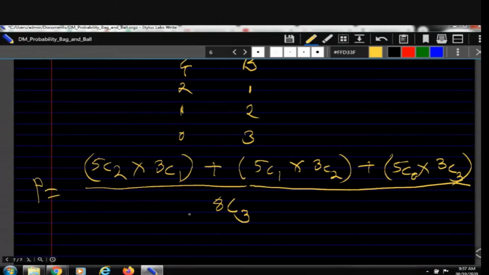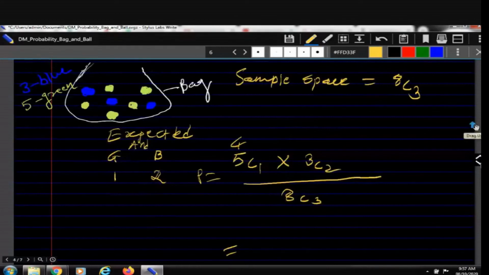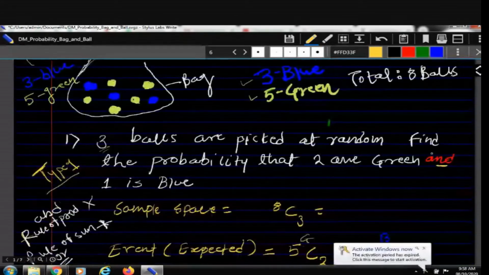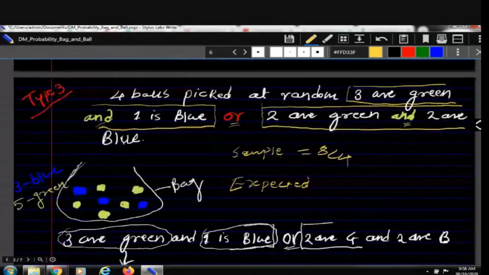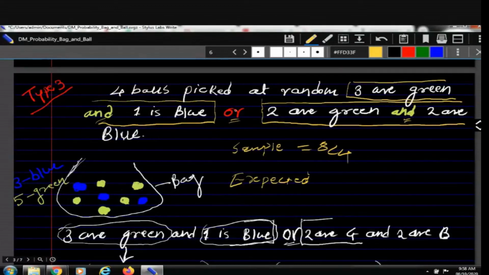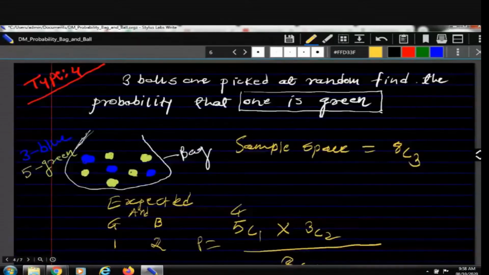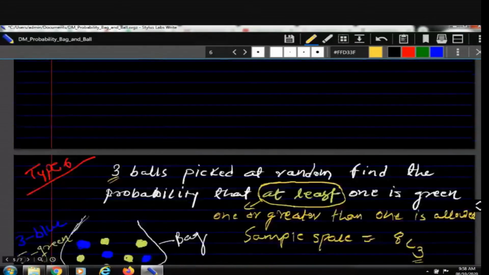I hope it is clear to you. We have discussed all 7 kinds of the problem. Solve this and you will get the answer. So we have discussed all 7 kinds of the problem, starting from the first condition, then the OR condition, then one colored ball, then next is a combination of AND and OR. Then next is one colored ball, so one is green, no colored ball, none is blue. Then